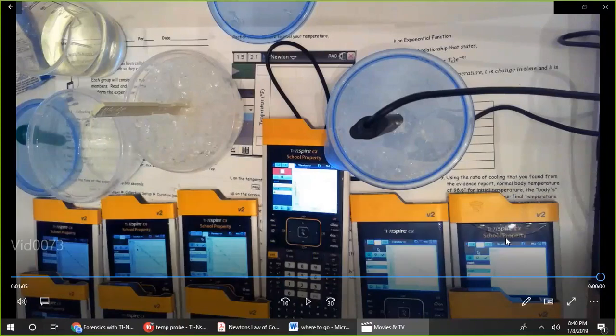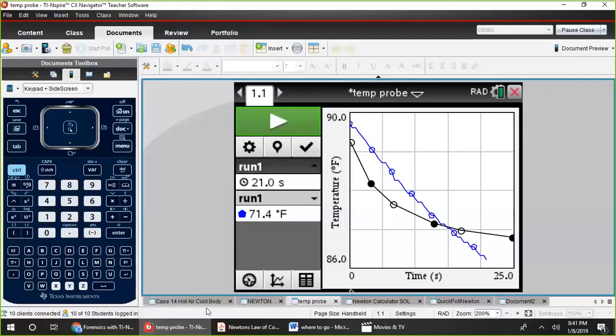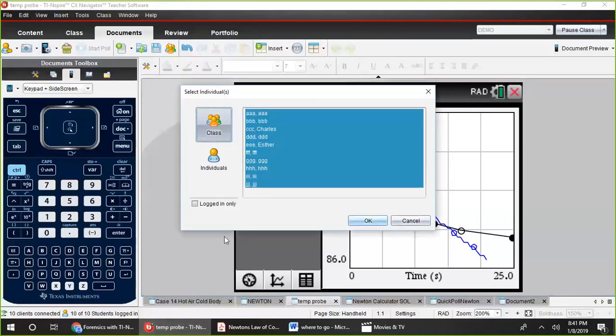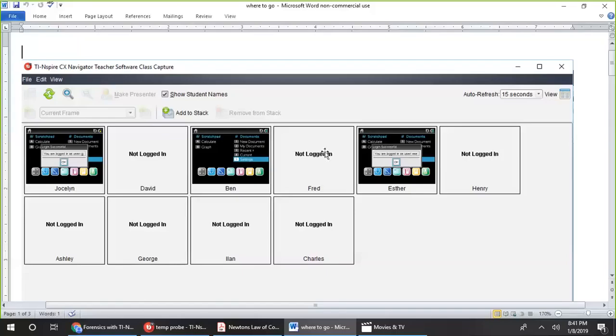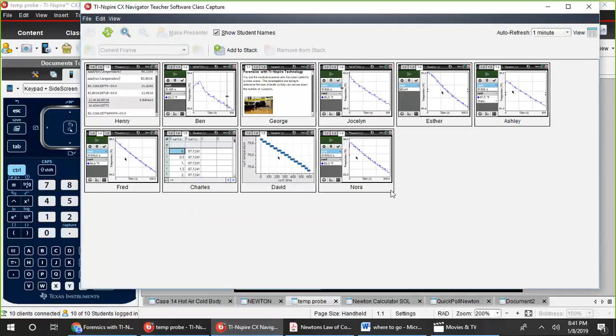As students perform the experiment, collect their data, and make calculations, I use Navigator's screen capture feature to observe while I circulate and help. So using the camera icon and capture class, I choose logged in only, and what that does is avoid not logged in screens. But either way, after the students log in, the next time screen capture refreshes, the screen will change. And you can choose the refresh time